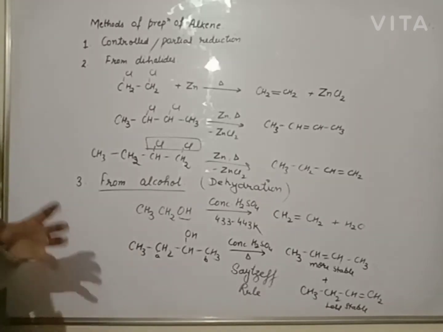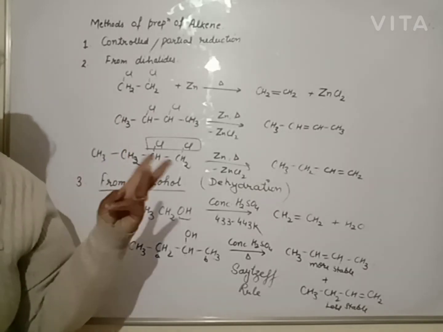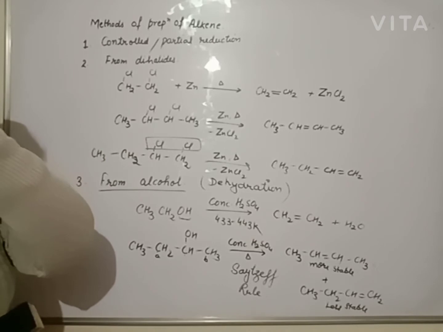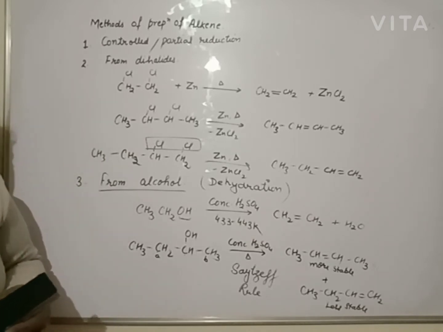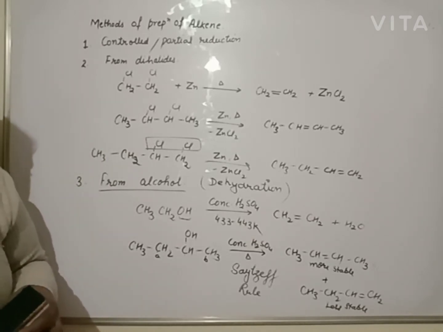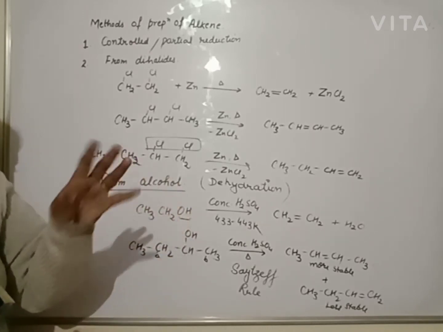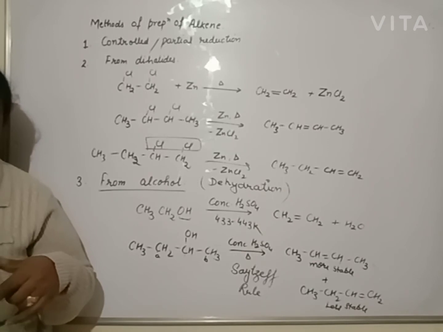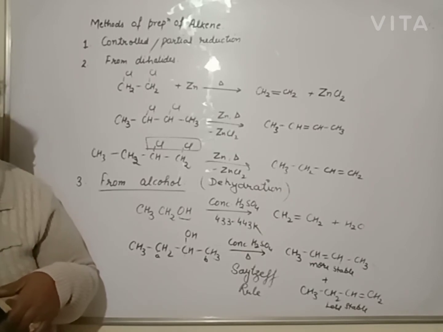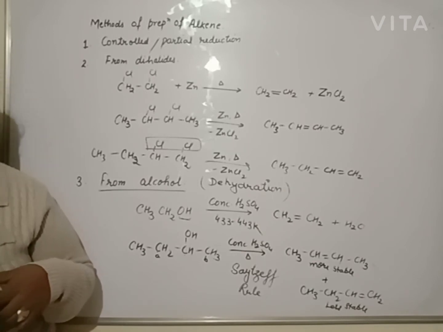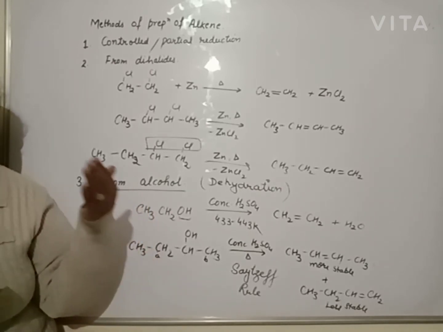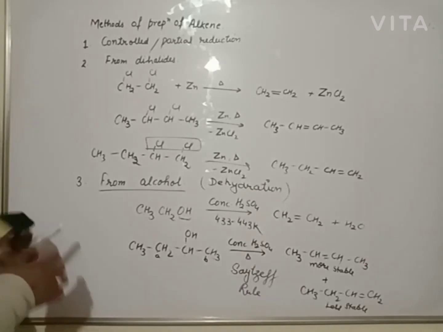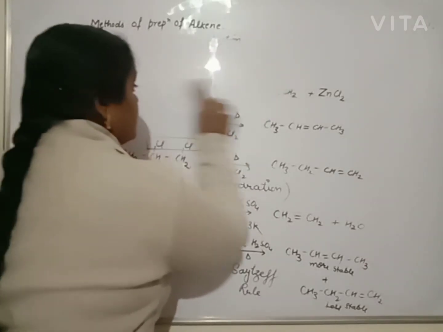Beta, it is important. Alkene consists of a total of 3 rules, 1 for preparation, 2 for properties. Out of these 3 rules, one rule may come in your exam for 2 marks. Define Saytzeff rule with example. Define Markovnikov addition or anti-Markovnikov addition with example. This is a 2 mark question. Either Markovnikov addition, anti-Markovnikov addition or Saytzeff rule. Clear?